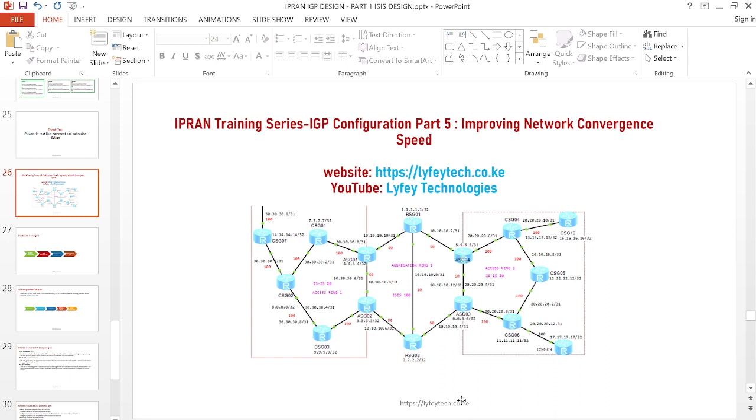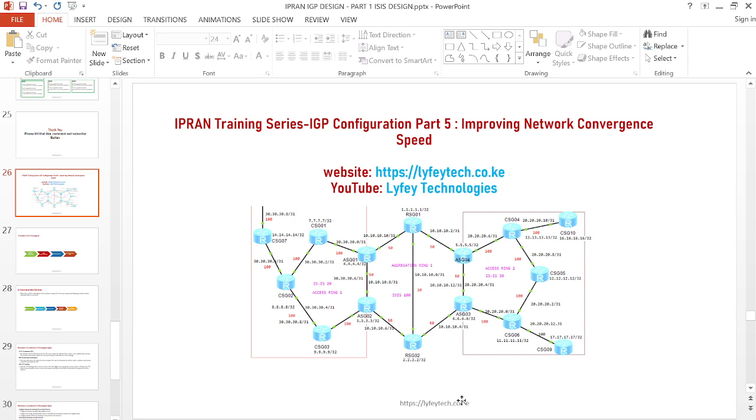So today we are looking at an interesting part of deploying IPRAN network for service providers. We all know the service provider network normally has thousands of devices spanning multiple regions. So it's huge, and you need to come up with some mechanism that can help you improve network convergence, so that when there is a failure in the network, the services will not be impacted at all, or the duration of impact will be minimal. This is what we'll be looking at, trying to understand which mechanisms we can use to improve